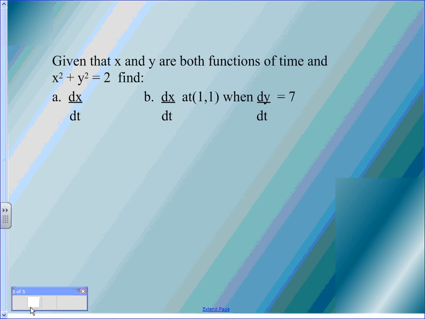So given that x and y are both functions of time, we have x squared plus y squared equals 2. And once you find dx over dt,